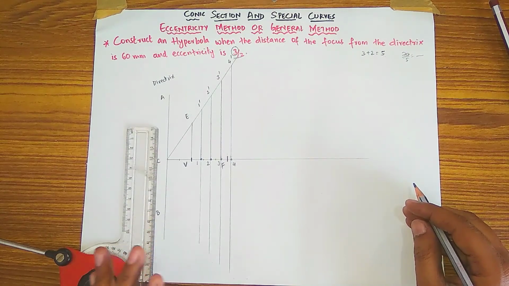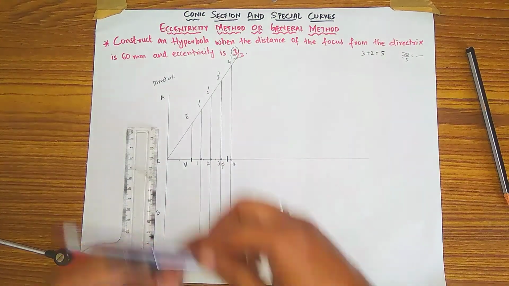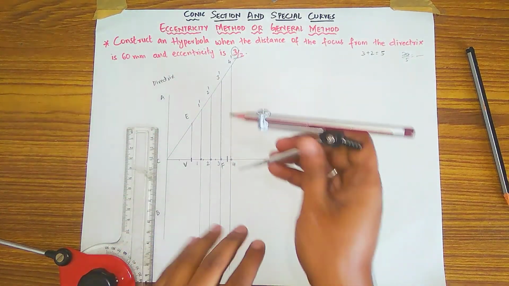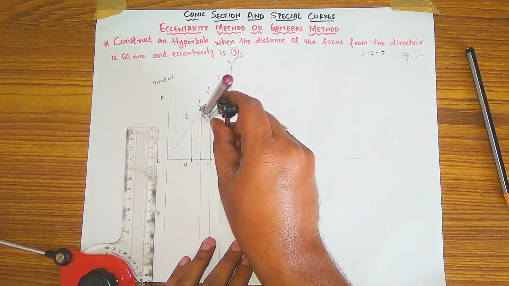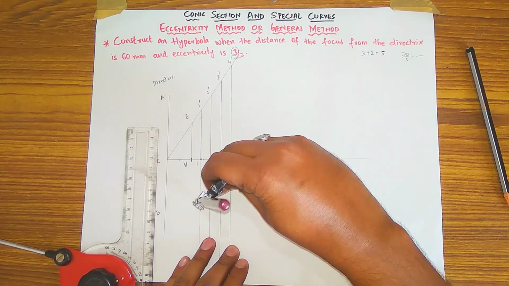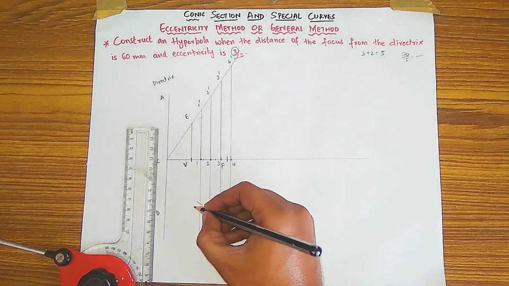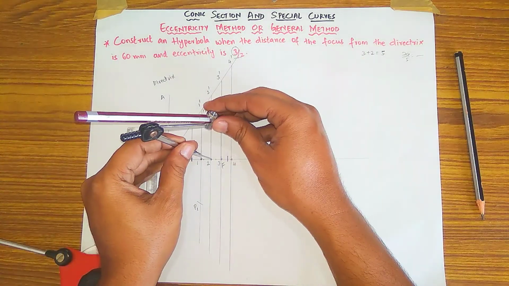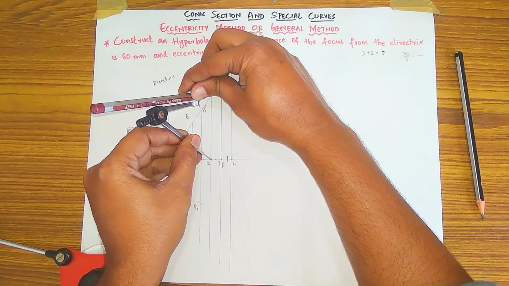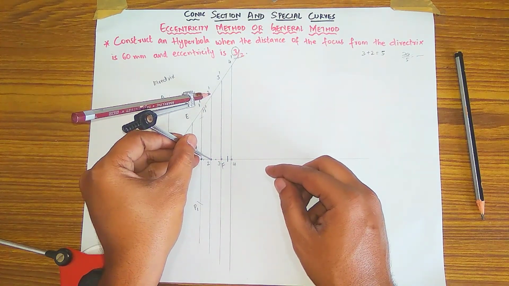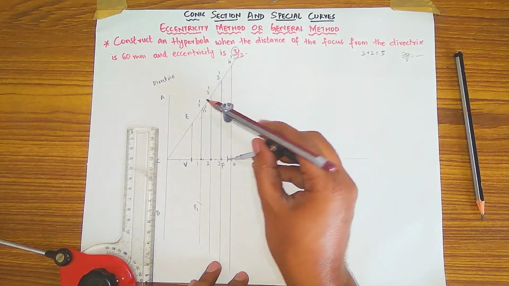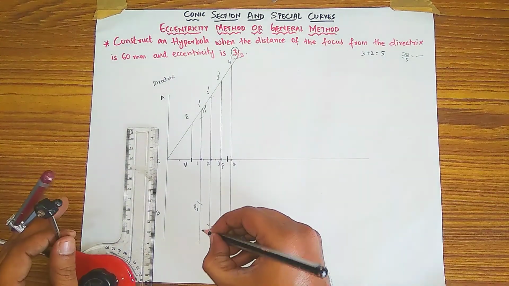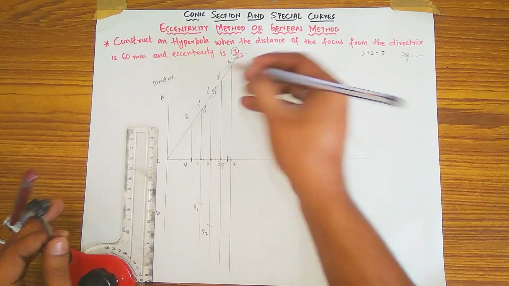Then after labeling the points, you take a divider and measure the distance 1 to 1 dash. Keeping the compass on F, you take an arc on that perpendicular line through 1 and 1 dash. Label this one P1 and this one P1 dash. Then measure 2 to 2 dash; you have to do all the points simultaneously. Keeping on F, take an arc on the 2 and 2 dash line. This will be P2 and this will be P2 dash.